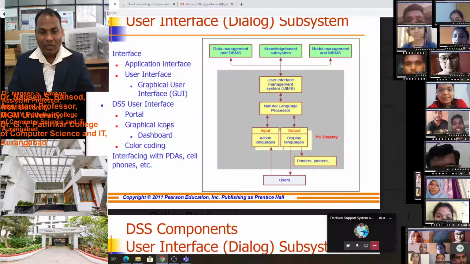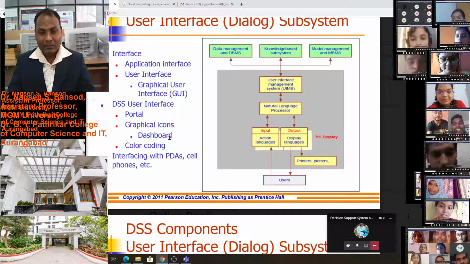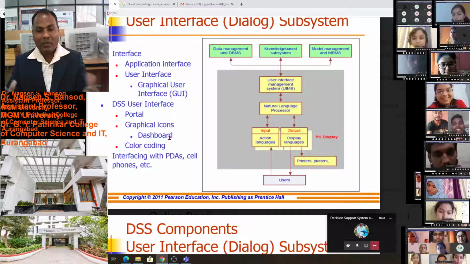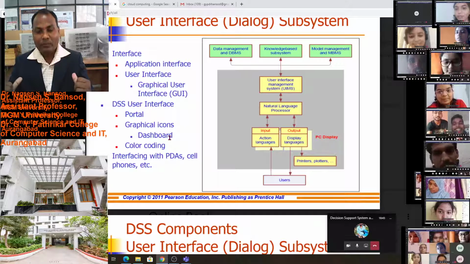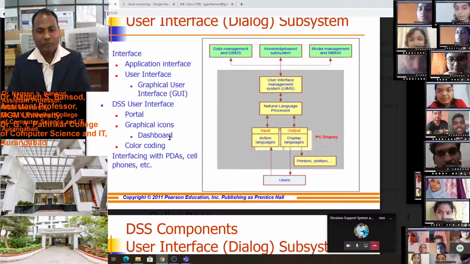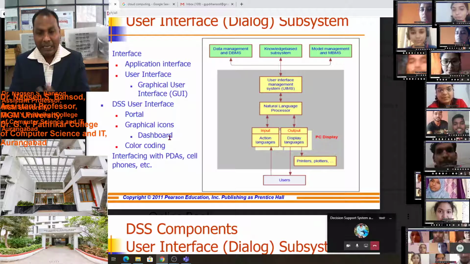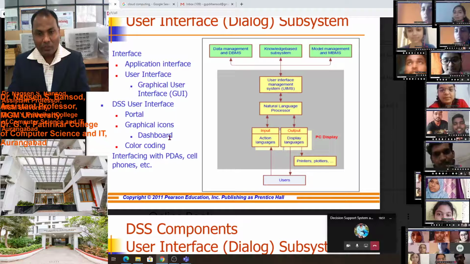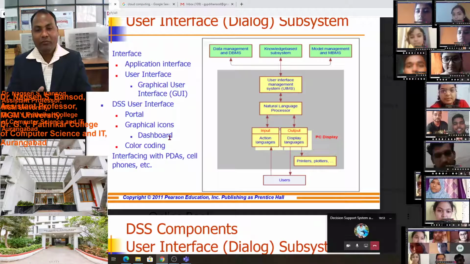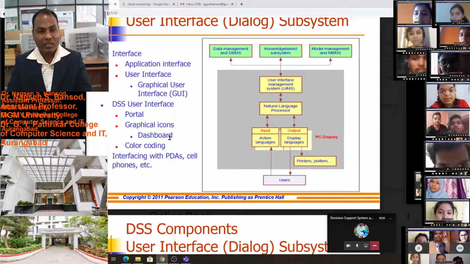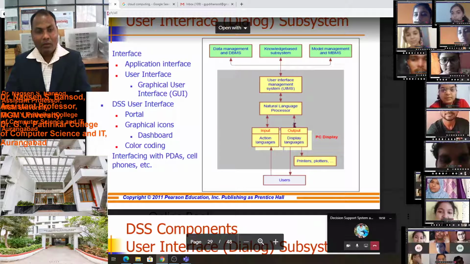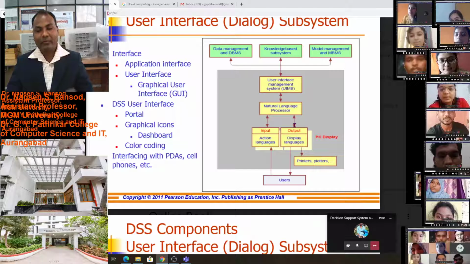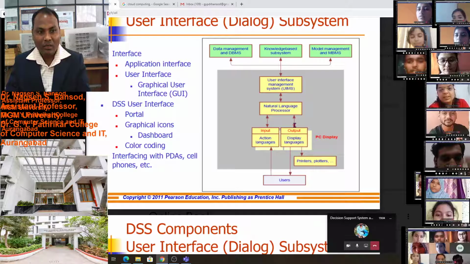Why? Because we are using the software, and you and I are the users of this software, and there is an interface software that is converting our natural language into the system language, and then again into our language, and displaying the output to us.